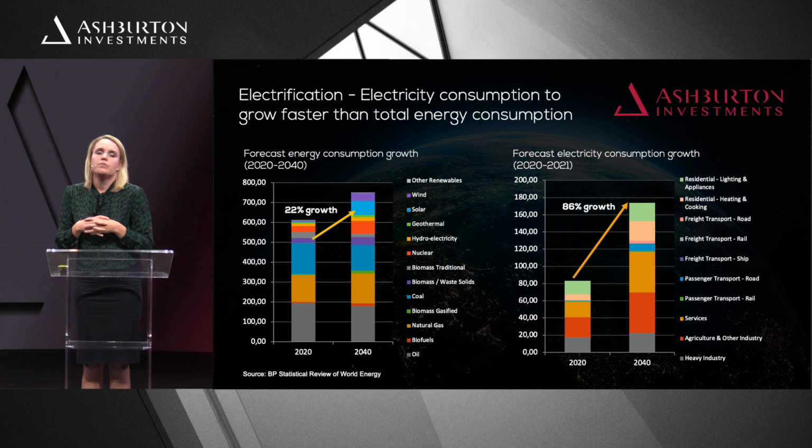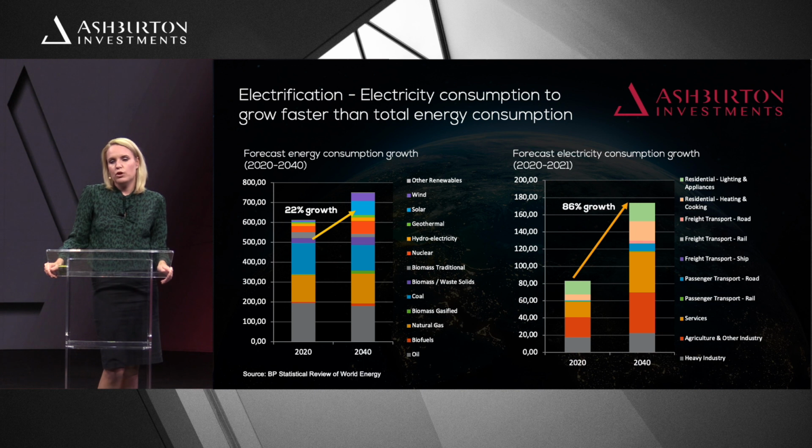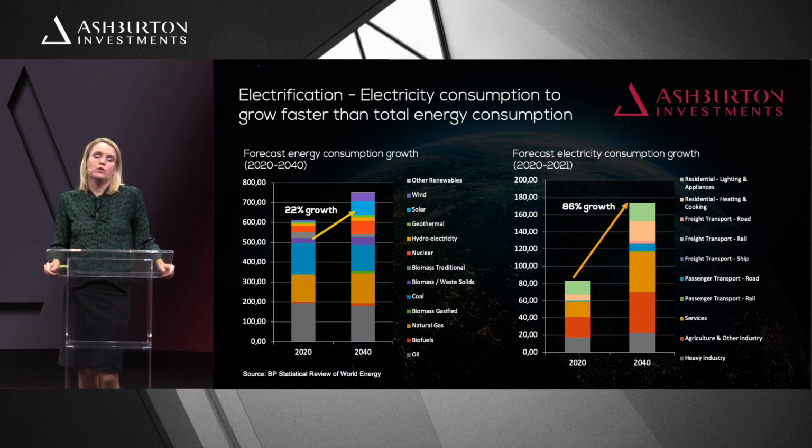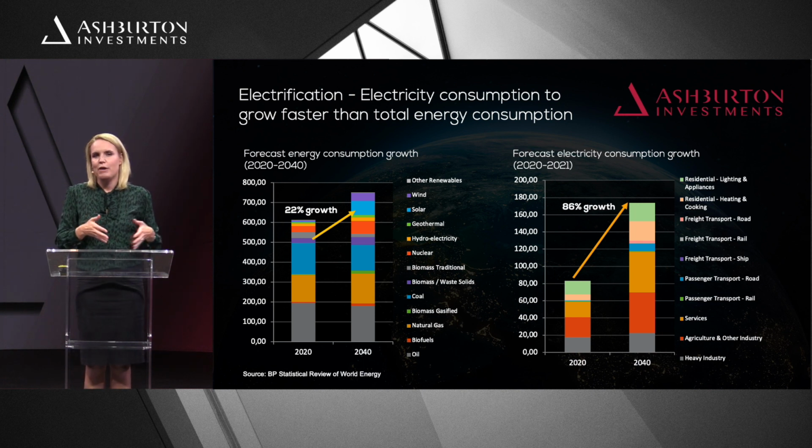How have we decided to play it? We've decided to play it through a company called Eaton Corporation. It's a global power management company. It has about a 30% market share in the United States. And really what we like about that is we've seen Biden come out with his $2 trillion fiscal package, which will be very supportive of updating the US grid, but also there will be a strong angle towards the energy transition.